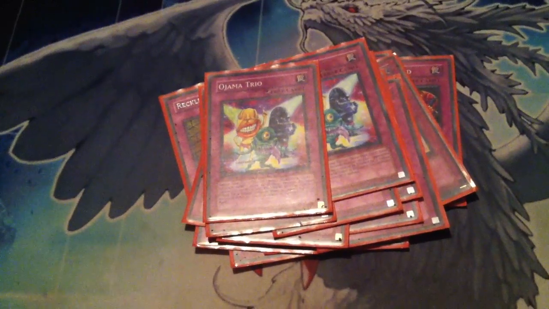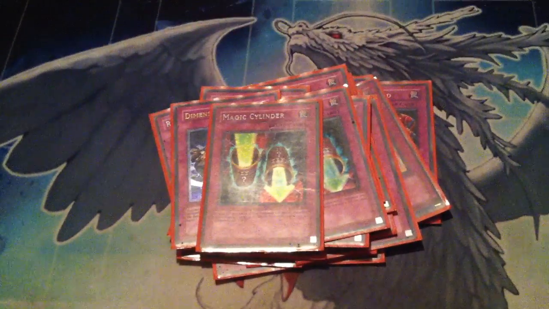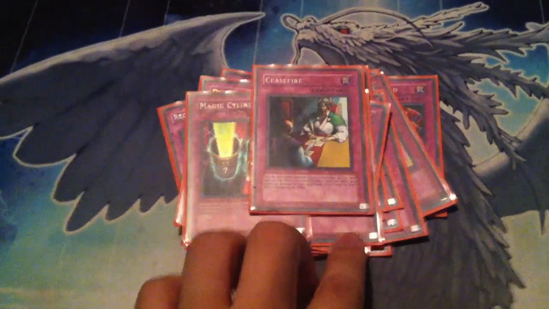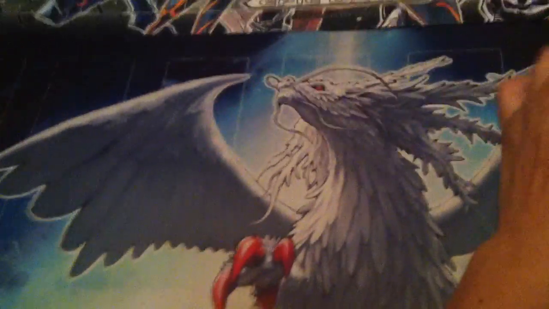Three Secret Barrel, two Ojama Trio, two Dimension Wall, and two Magic Cylinder with a Ceasefire. All right, now we're going to go back through and tell us why you picked what you picked, some of